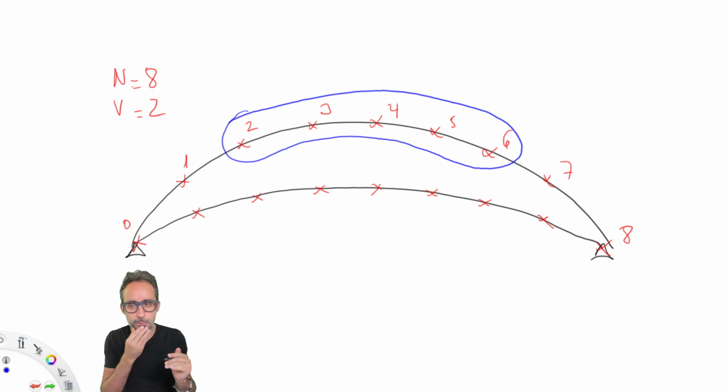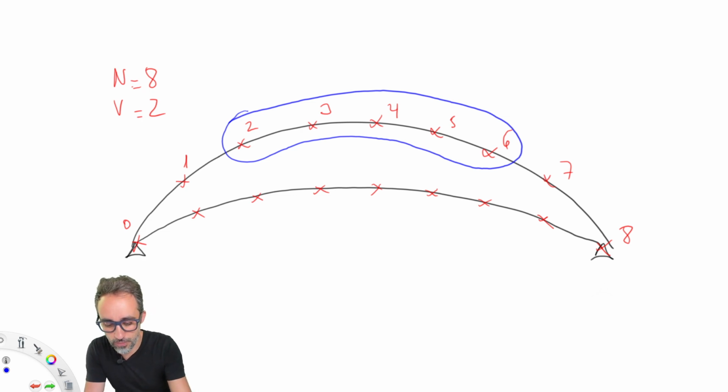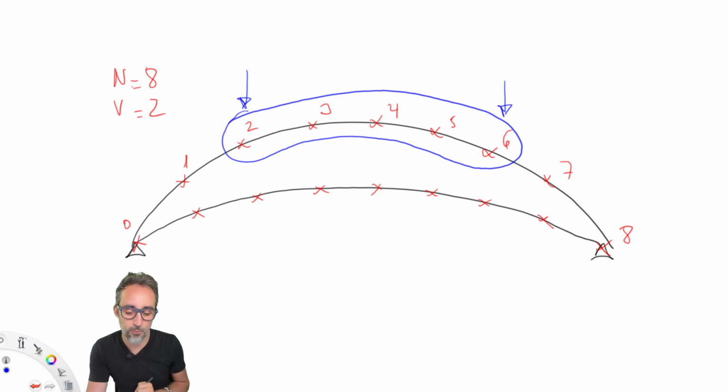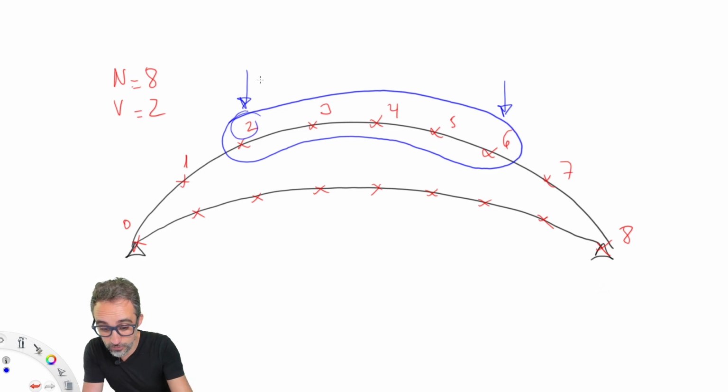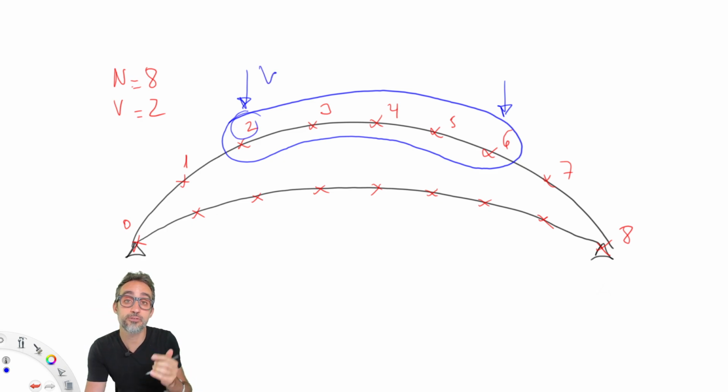So what I probably want to do is create a domain where I extract from this element, whatever its index number is, to this element, whatever its index number is. And it turns out that the first one, this one, is going to be equal to V, the amount of empty spans that we have on each side.